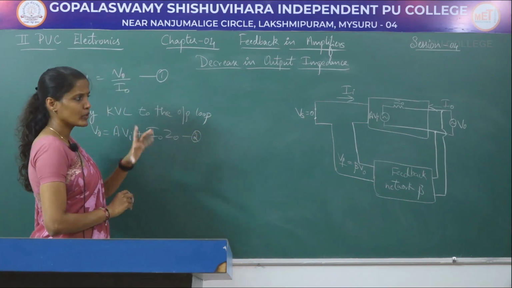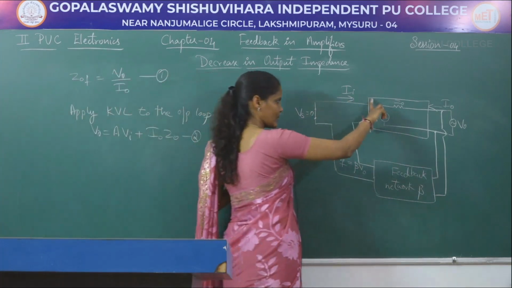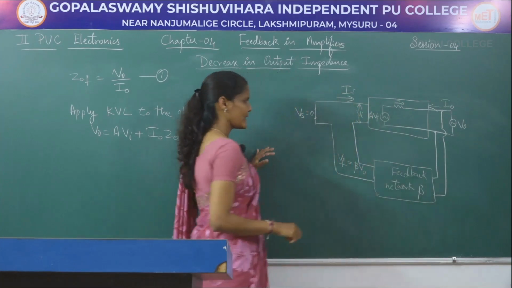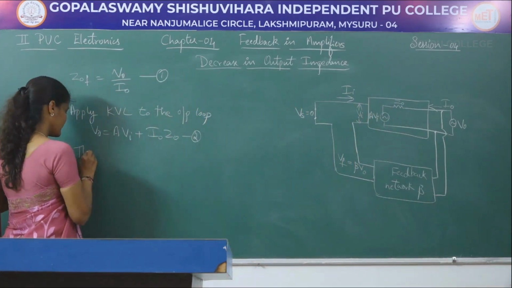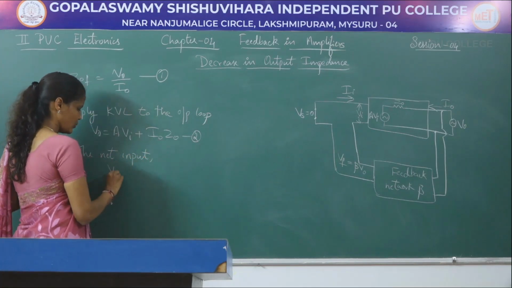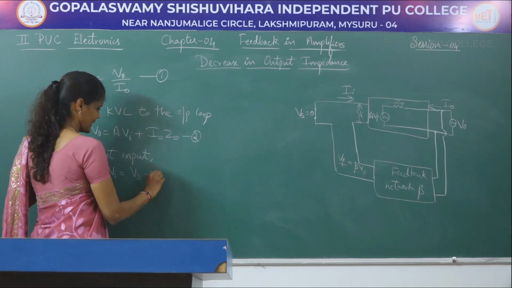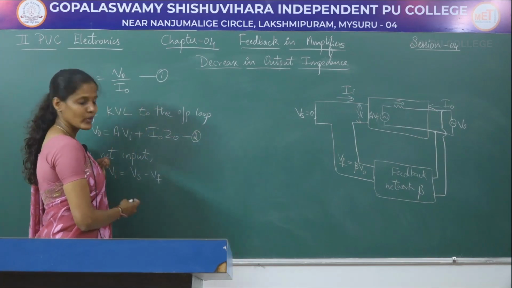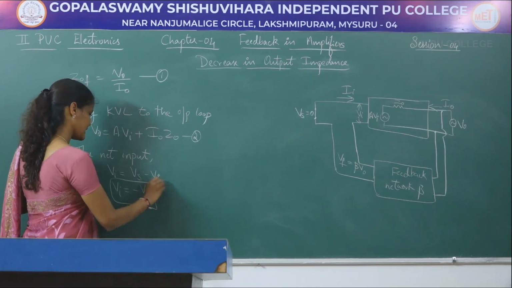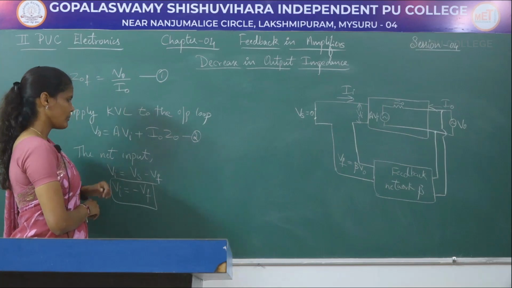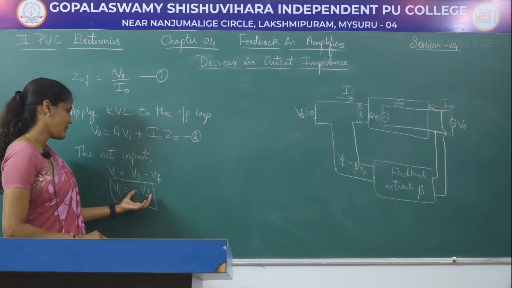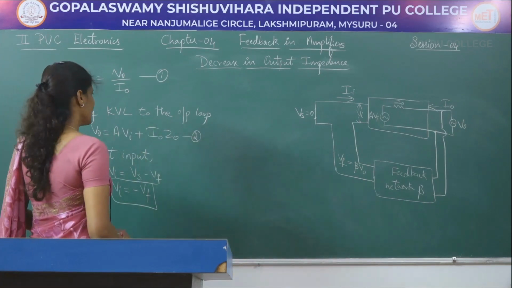And the net input for the basic amplifier block, let us call this Vi. So the net input Vi will be equal to Vs minus Vf, but we know that Vs is equal to 0. So accordingly Vi will be equal to minus Vf. Now let us substitute Vi as minus Vf in this second equation. Then I will be getting